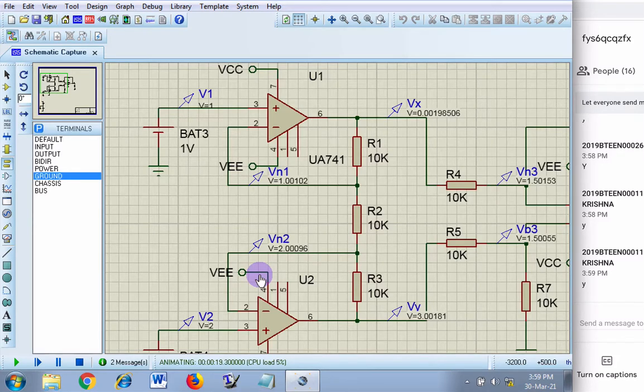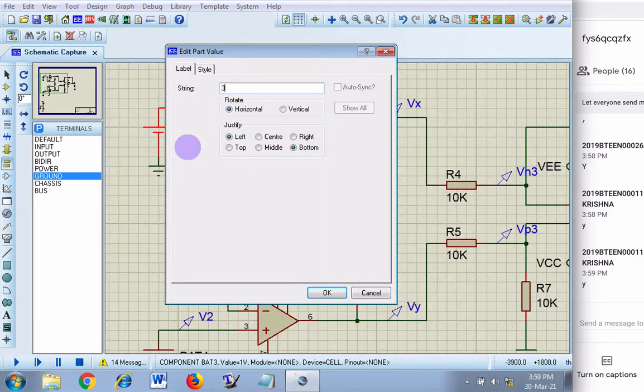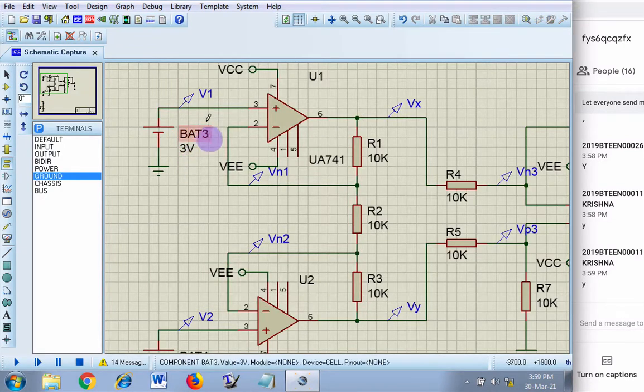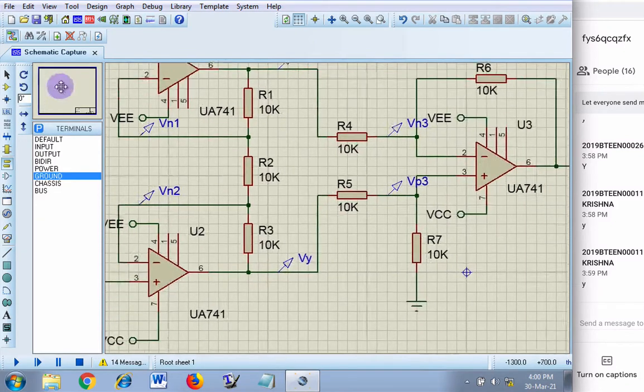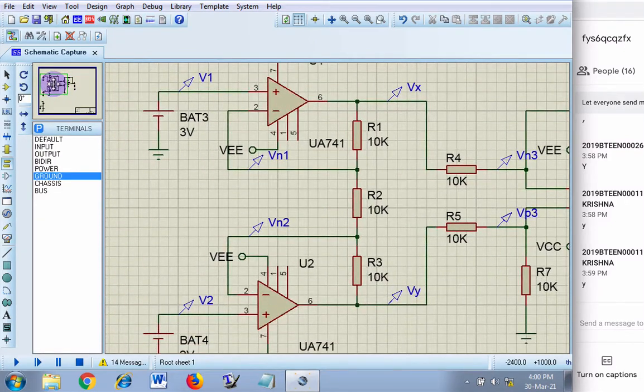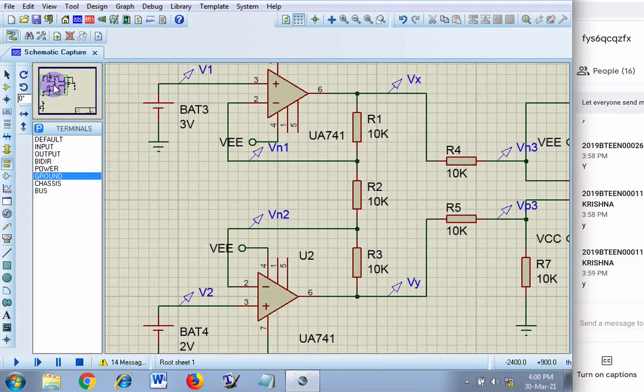Okay, so what I'll do is I will ask you to do some calculation, and I will adjust this to 3 volts. अभी क्या है कि V1 is 3 volts, V2 is still 2 volts. Now compute Vx and Vy and tell me the values. चलो कंप्यूट करो, फिर सिमुलेशन करते हैं, because otherwise it will be one way traffic, which I don't want. I want you to do some activity.